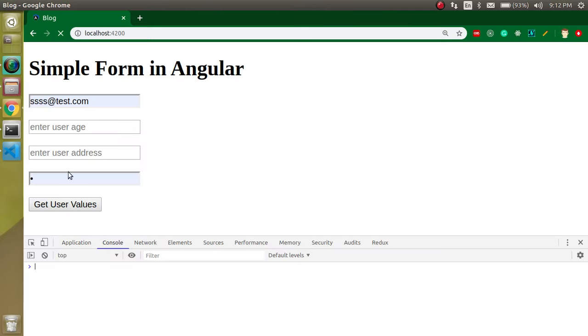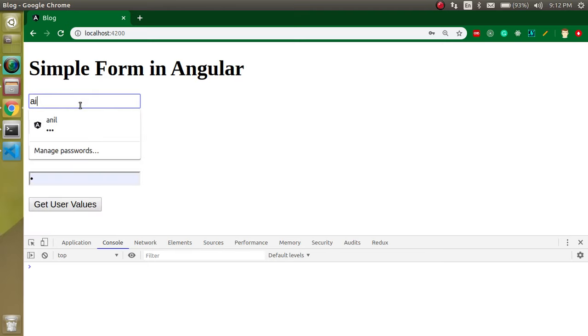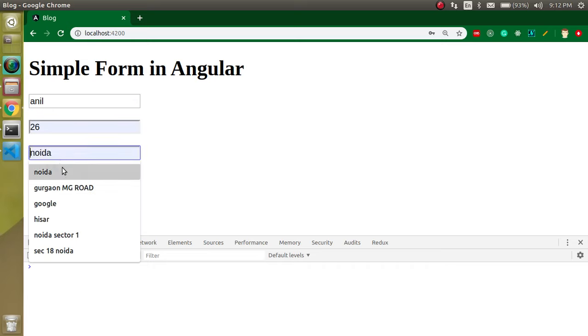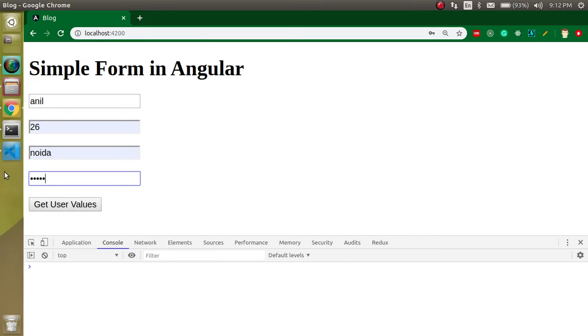Now let's come back here, and they are autofilled, so we can write something else, like Anil, this is my name, and age, and address can be Noida or something, and password let's say 12345, and just hit the button. Now you can see that we again get the value of the form.